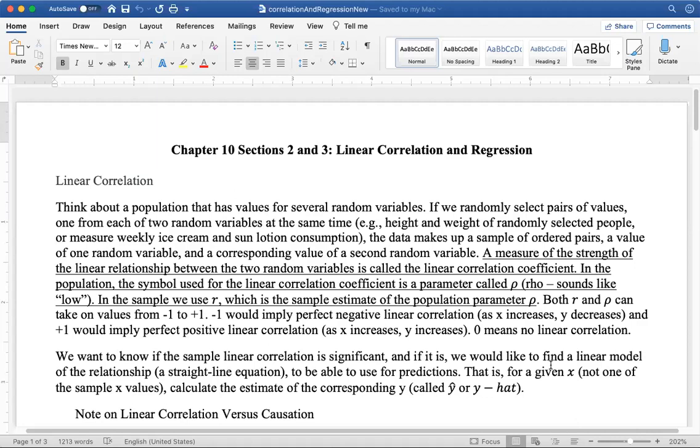And in the sample, the data we collect, we could calculate a statistic that is an estimate of that linear correlation in the population. And it is calculated from the ordered pairs that we collect in our sample. As an example, let's